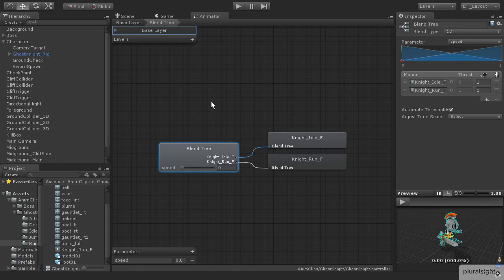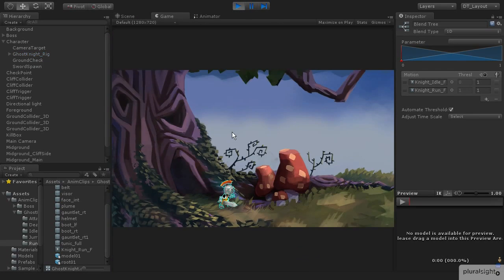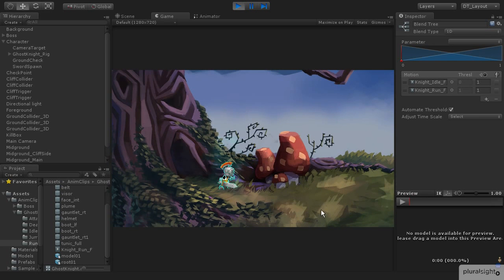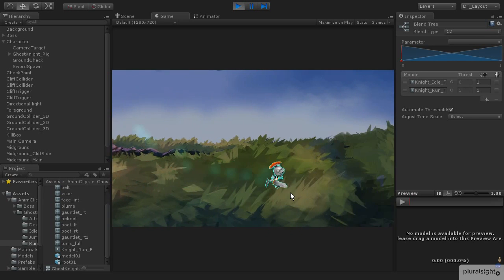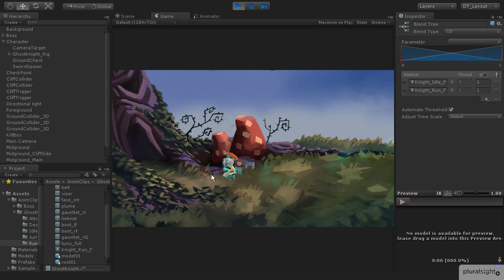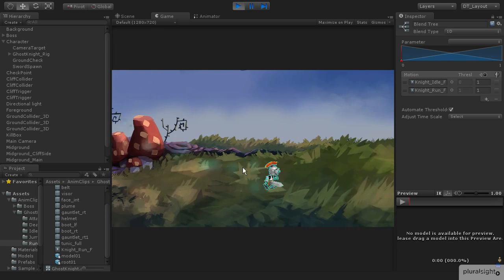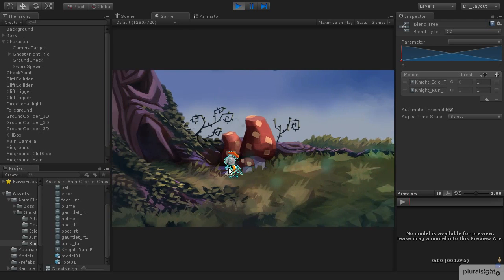Let's go into Unity and see what happens. So let's go ahead and hit play. You'll see that we're idling, and if I go ahead and hit the D key, you'll see that he's running forward. Now if I press the A key, he's going to run forward as well, but it's not giving us the run back animation. So in the next lesson, we're going to set up that run back, and then we'll